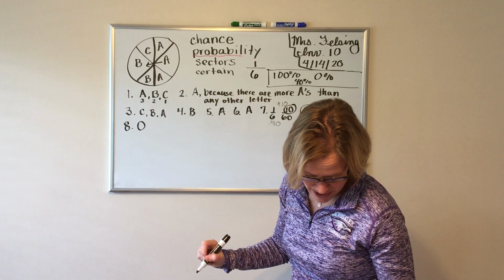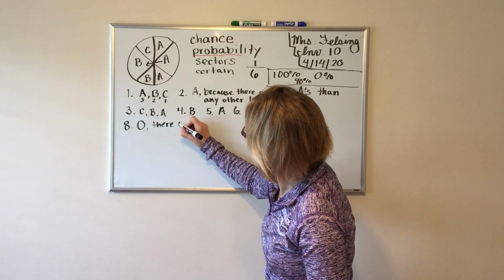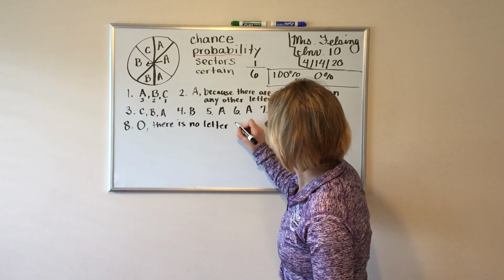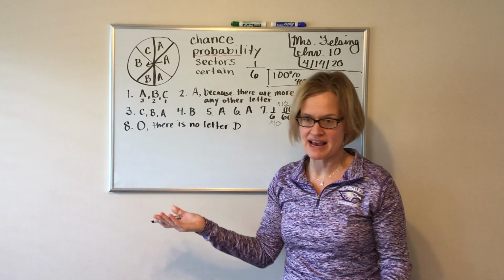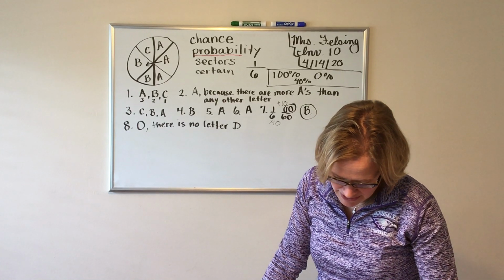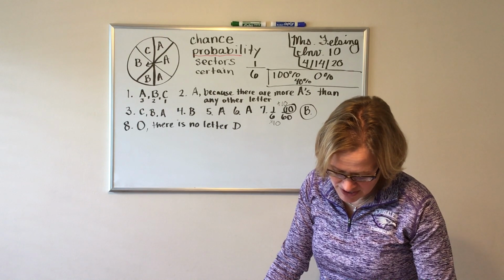And it asks why. Well, there is no letter D. It's a probability of 0. Like, there's no way that's going to happen. 0%. Number 9. What is the probability that the outcome will be one of the first 3 letters of the